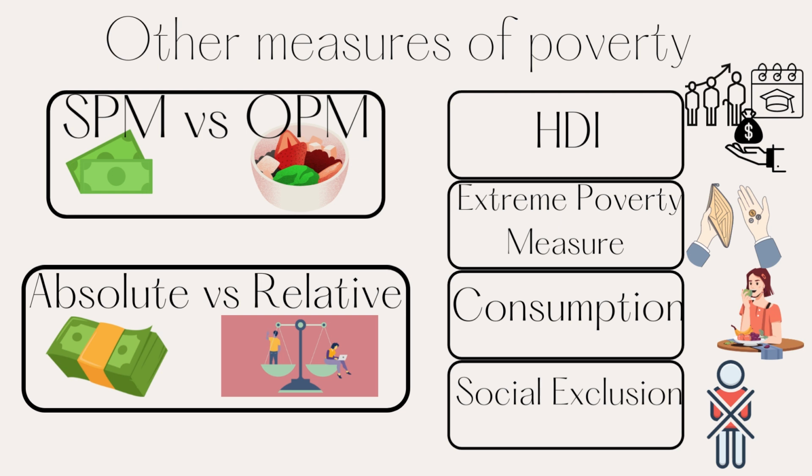The next is consumption. Consumption is measured through the family's consumption of goods and is related to the poverty threshold rather than being based on income. But the main disadvantage to this is that some people may consume little by choice, and through these choices they may be categorized as in poverty, whereas in reality they really aren't.